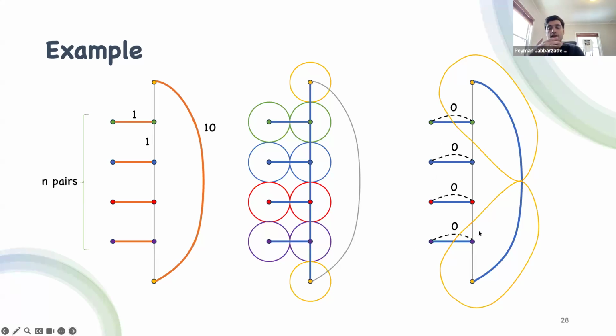If we rerun the legacy moat growing algorithm in this instance with this zero cost edge, this time the horizontal pairs won't grow any moats around them because they are already connected through these zero cost edges, and these horizontal pairs wouldn't force us to connect this top bottom pair through this long path. So this time this top bottom pair will connect with this edge with cost 10, and we will have a solution similar to the optimal solution.